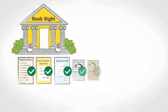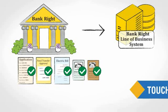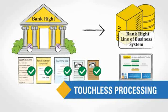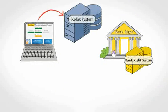Now that all the required documents have been received, the system initiates a request to the bank's line of business system to set up Laura's account. In this touchless process, all data is delivered to the bank line of business system and Laura's account is established. Laura can now see on the web portal that her account has been created and is moving to the funding stage. The web portal interfaces seamlessly with the bank's back-end enterprise systems to provide Laura with real-time status on her